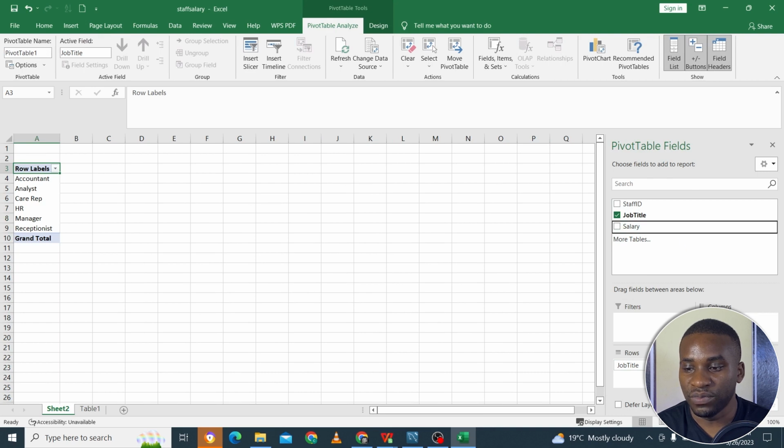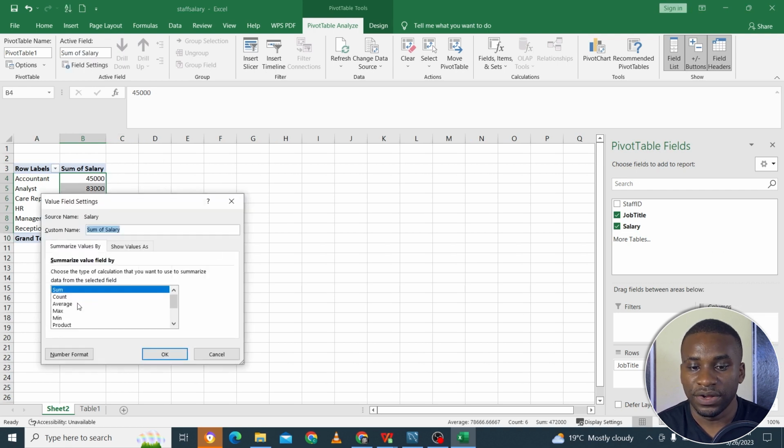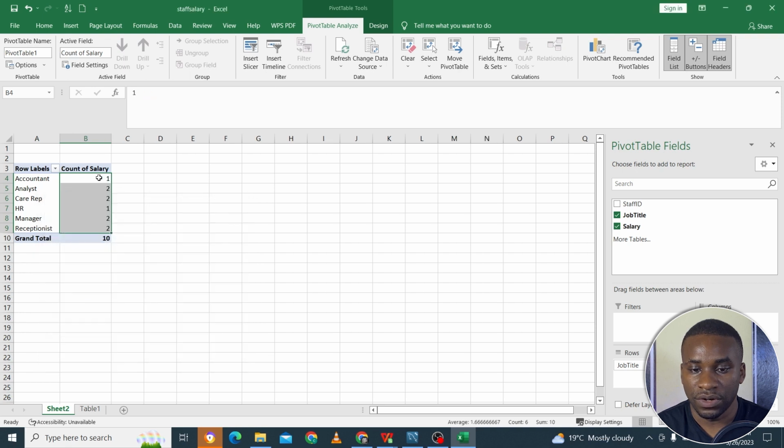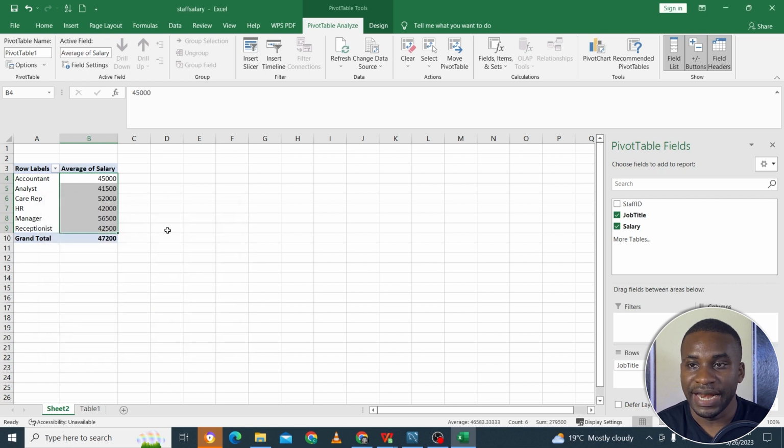Let's say, for example, if we put salary here, is it the sum of salaries that we want to group this by, or is it the count, number of times? We have 2 receptionists, 2 managers, 2 analysts, 2 care reps, or is it the average that we are trying to group by? Then now the having comes in when you have to maybe copy this